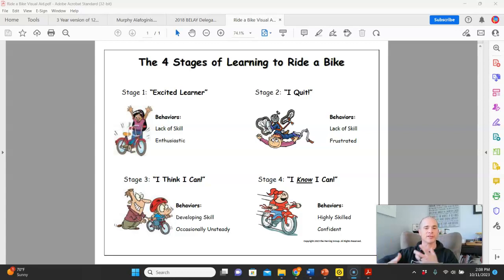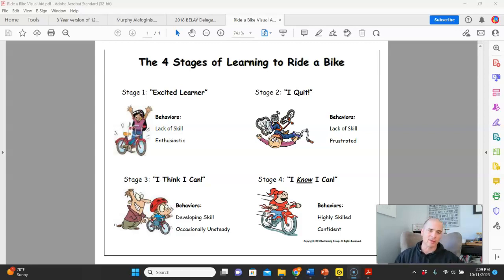You're still instructing. When they get to stage 3, though, that's a place where they're saying, I think I can do this, and you're ready to delegate, and you may believe they definitely can do it, but they are going to come to you and ask for reassurance. They're going to ask, am I doing this right? How was it? And you have to be prepared to spend that kind of time with them and open up your door. Now that can't go on forever, because we want to get them over to stage 4, where I know I can, I've got it, I'm riding the bike.